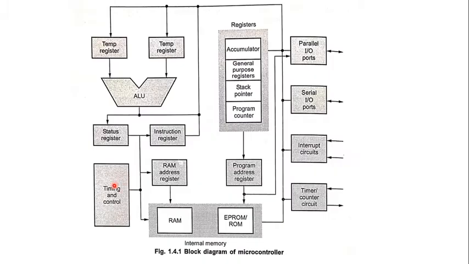Now we are going to see the block diagram of the microcontroller. Over here on the right side, we can see the parallel input output ports, from where we can give some input to our microcontroller and get some output from the microcontroller. So it is bidirectional. Then the serial input output ports are also bidirectional, because we can do serial communication with the microcontroller. Now the interrupt circuit: we can only give input to the interrupt circuit, whenever we require some type of interaction in our program, at that time we give some interrupt to our program.